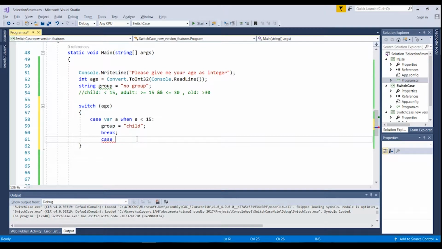I create another one in the same way, again using the keyword var, but now I write a different range. Now a should be between 15 and 30, so I need to create a combined rule. So a is bigger than or equal to 15 and a must be less than or equal to 30. Then the colon, and in this case the group would be adults,